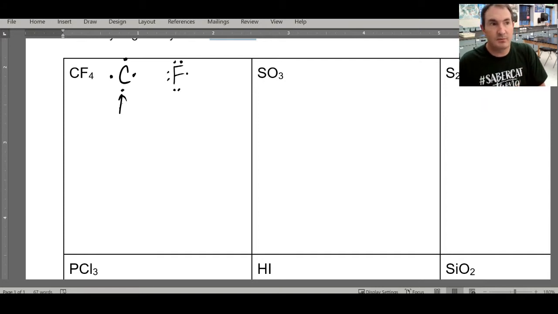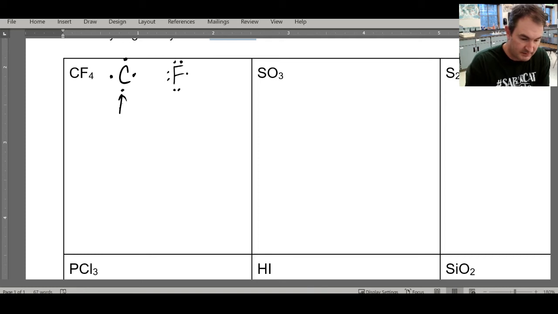That means that there's a space to share another electron there with another element. So when we decide which one is the hub or the central atom, the one that's going to be in the middle that everything else is attached to, we want to choose the element that has the most unpaired electrons. Carbon has 4 unpaired electrons, and fluorine only has 1 unpaired electron. Since carbon has more spots to share, that's going to be the hub. So I'm going to just go ahead and start off here by putting, I'm going to erase those guys, carbon